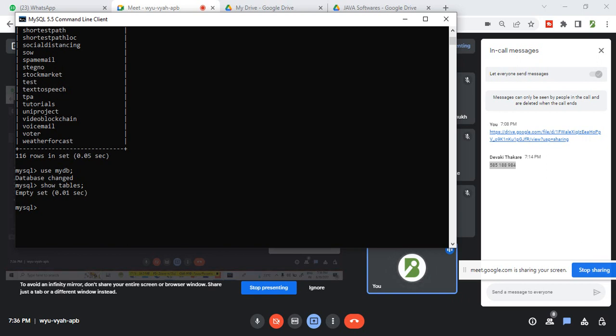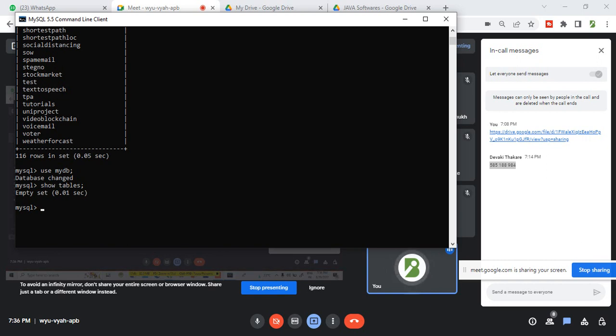Now see, working with a database is like working with the execution of create, read, update and delete. So what are the basic operations we can perform on the database? We can perform the CRUD operations. C stands for create, R stands for read, U stands for update and D stands for delete. First we create a database, then we read, then we update and then we delete. Those are called CRUD operations.